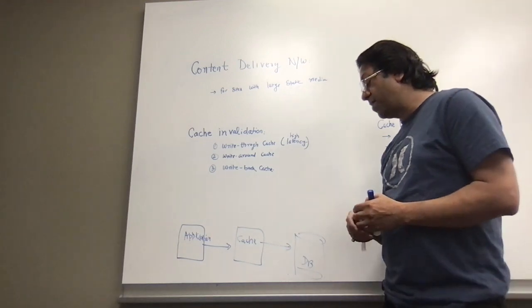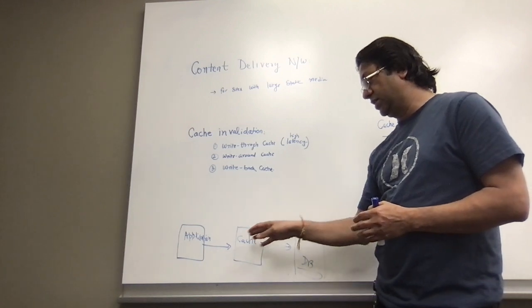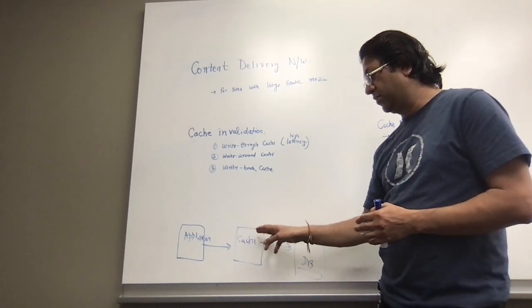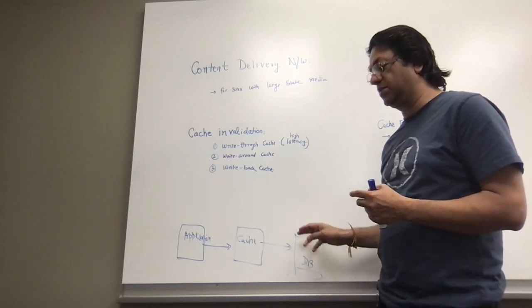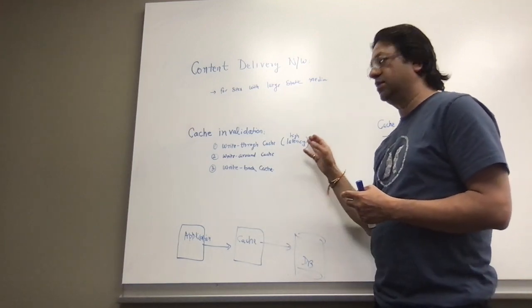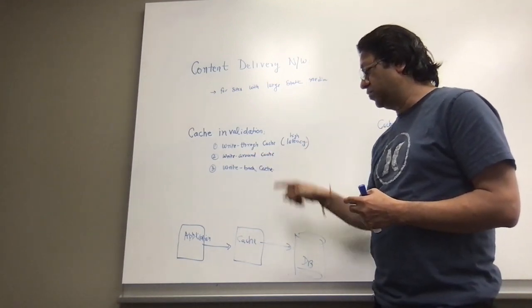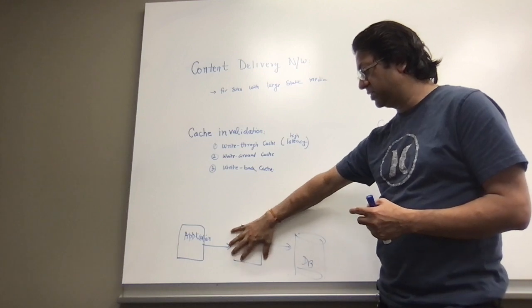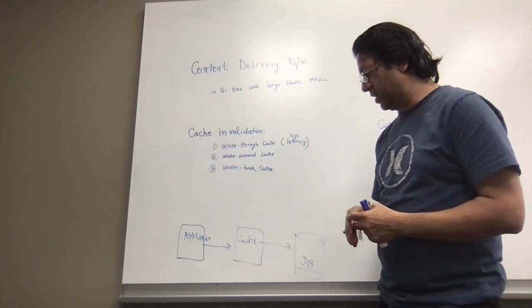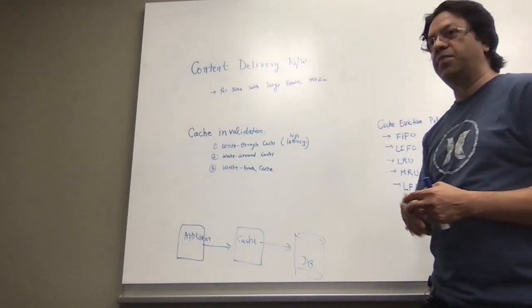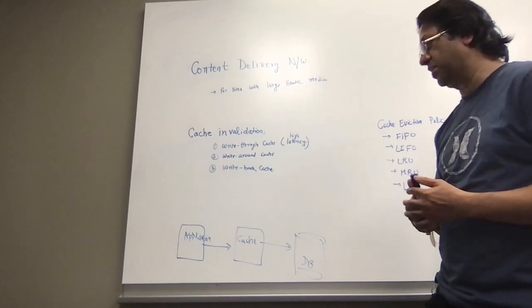The one drawback of this system is that, because they are consistent, for every write you are doing two write operations. So there might be high latency. In the write-around cache, you bypass the cache, and the application writes directly to the database. Then the cache is updated later, after a certain interval of time or based on certain conditions.